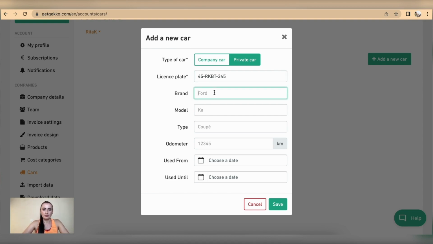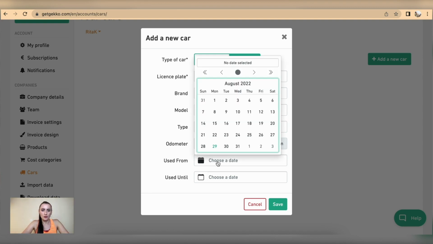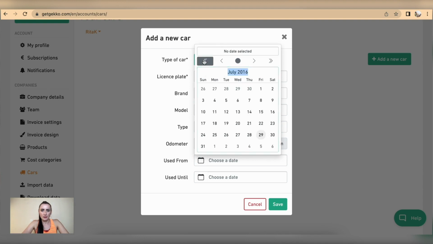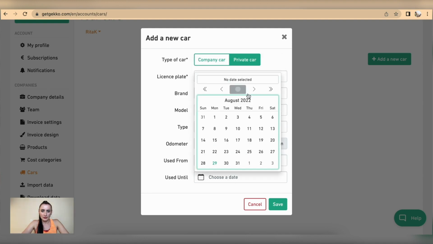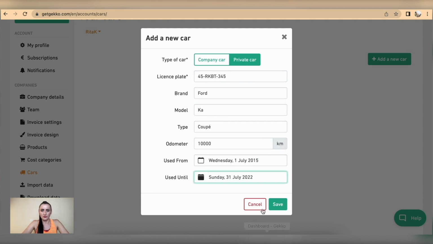Okay, and my brand I will keep the same, a Ford car. Odometer, that's a reading from the odometer of your car, and I can select used from and used up to. So, let's say I purchased it on 1st of July 2015 and it's been used until 31st of July, and click